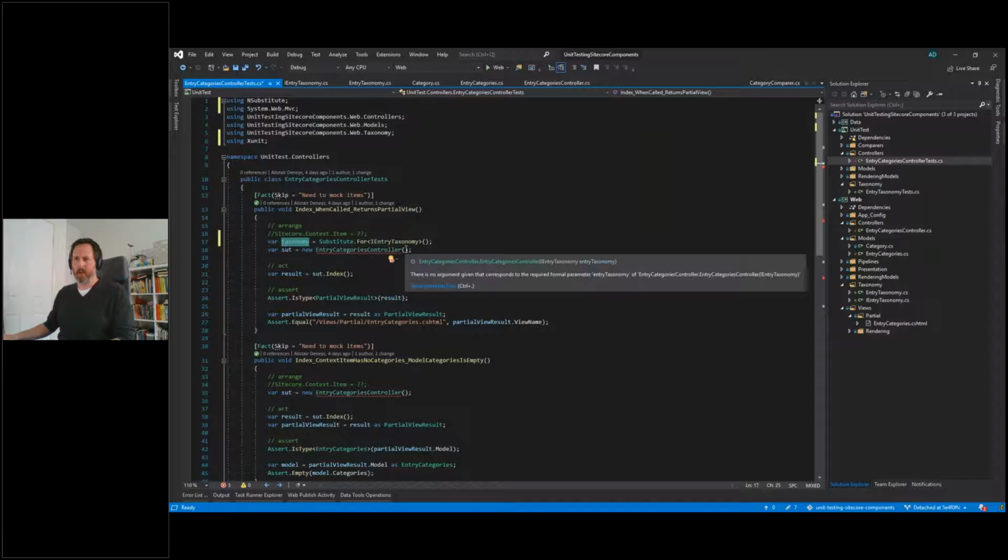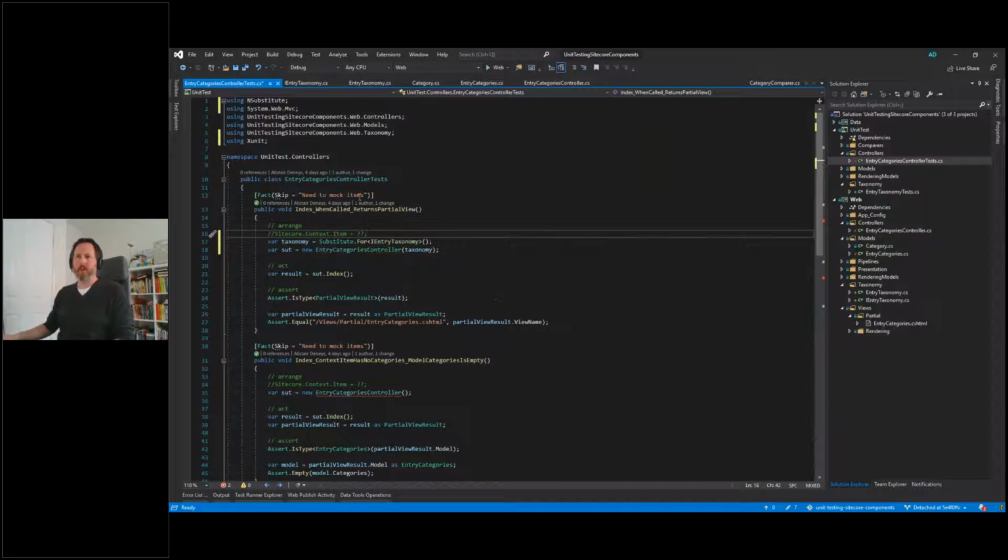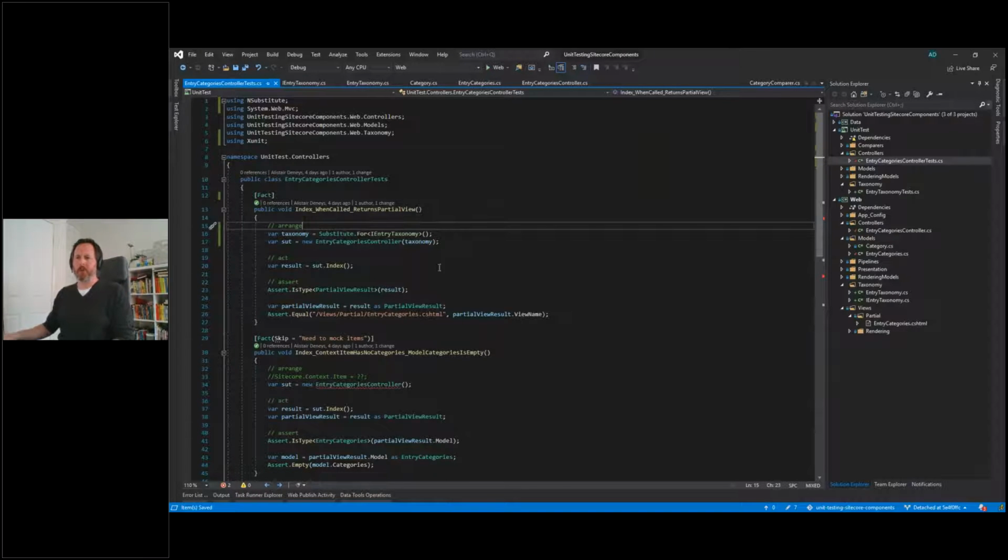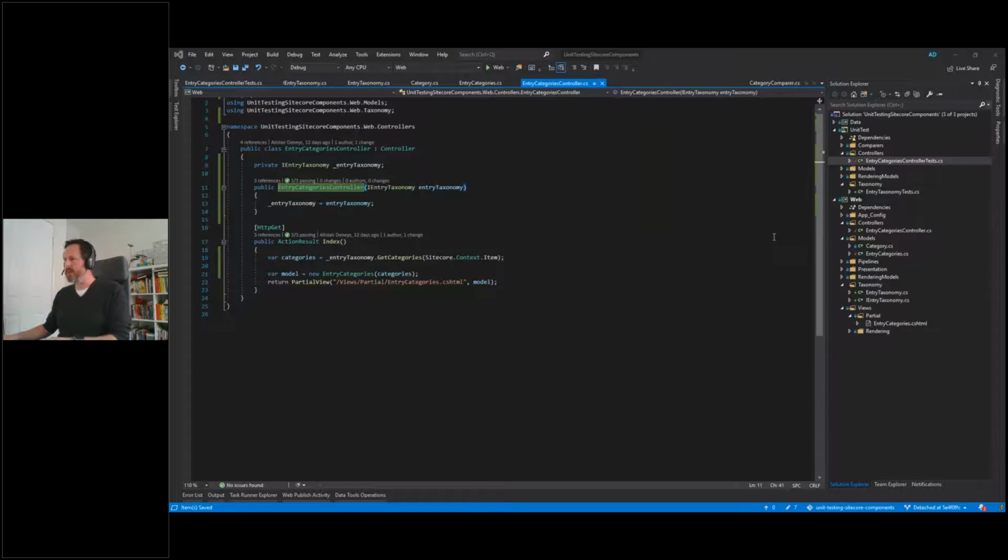We can pass that into our system on the test. Better take the skip off here so the test actually runs. What are we doing? When the index method is called, returns the partial view. Okay, so we're not actually testing any logic here. We're just testing the types that are returned are correct. So I shouldn't need to set the context item, although just to be complete and to make sure that we're not hitting some kind of edge case,